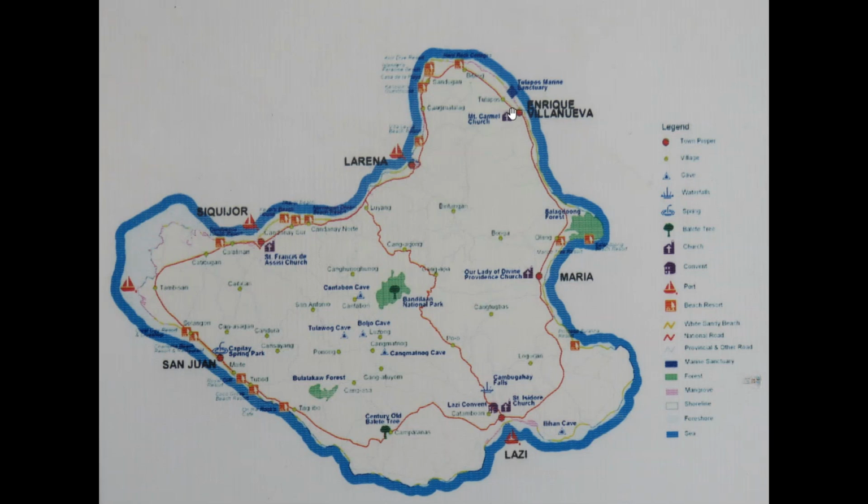And I went around here, and this all took me about 5 hours. And I really wish I would have spent another day and searched out more areas. Lorena, I went up into the hills up in here. There are a couple of resorts up here in the mountains. And I went up and visited a coffee shop up there. That's on one of my other videos. And then I left